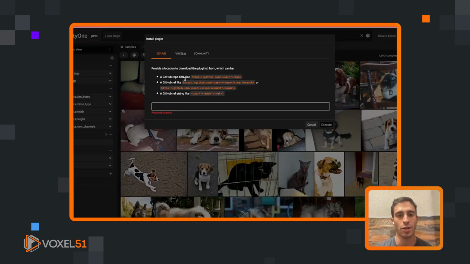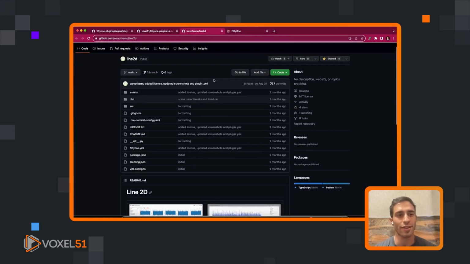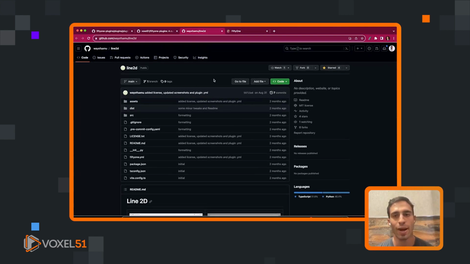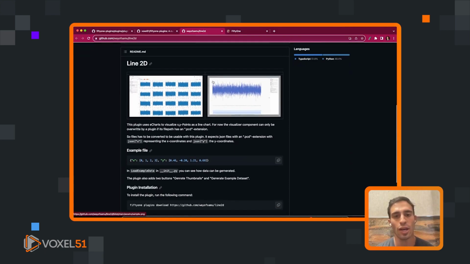So you can pass in the URL, the ref, or a ref string. So let's say we wanted to install one of the plugins that was a community contributed plugin, or you could have this plugin just in your own GitHub repo. So here, this is one of the plugins created by a community member. We have Samu. It's line 2D. It allows you to visualize and represent like line 2D data, time series data, things like that in the FiftyOne